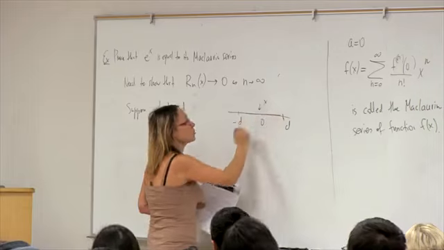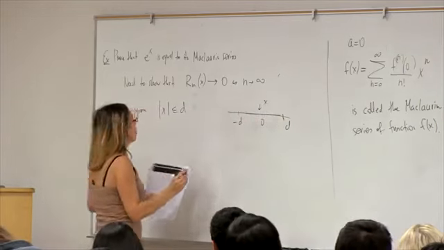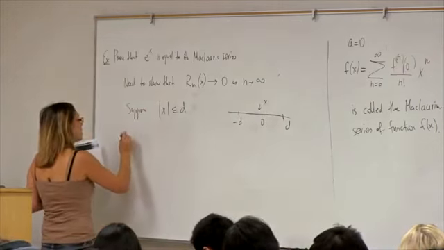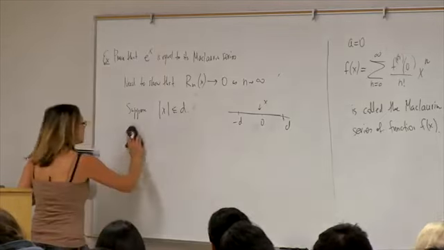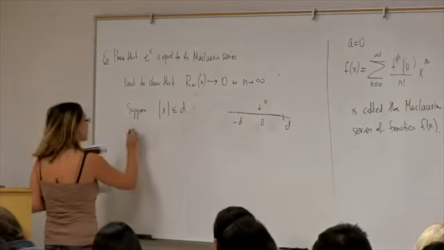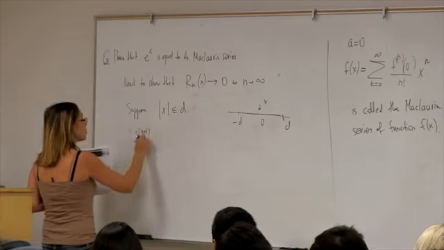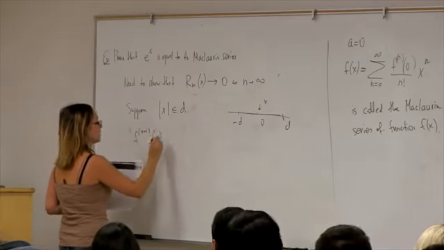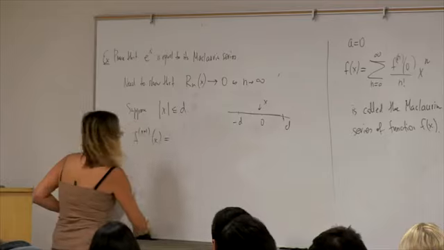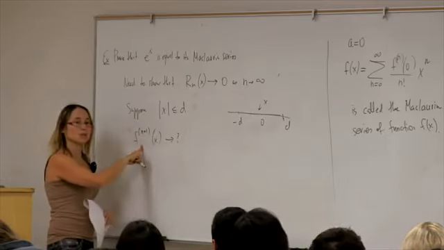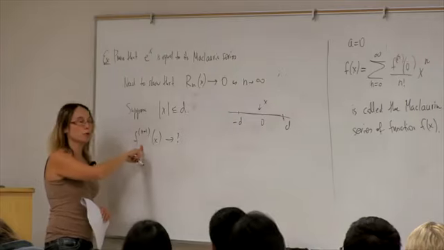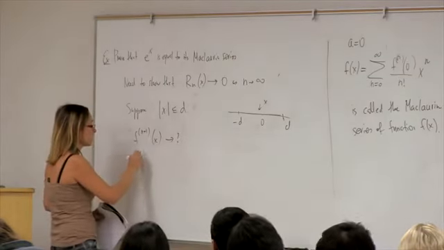So let's suppose that x belongs to this interval. What can we say about the n plus first derivative, f^(n+1) of x, inside this interval? So the derivative of the order n plus 1 of the exponent